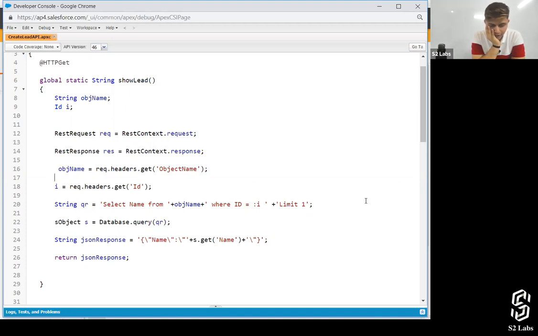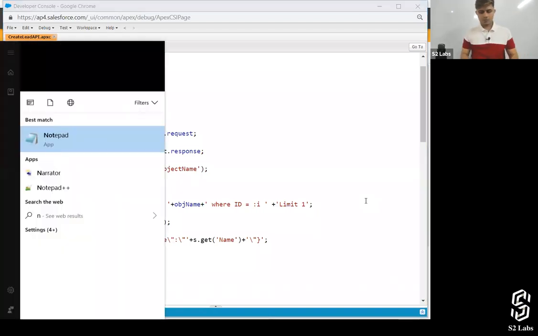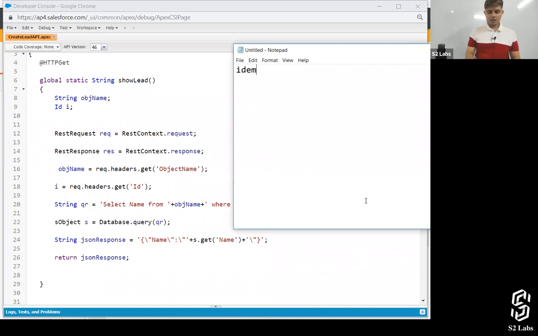Next point, the difference between put and post. The difference between put and post request is that put requests are idempotent.